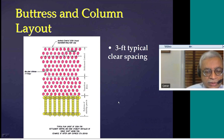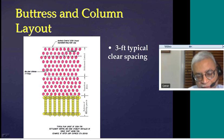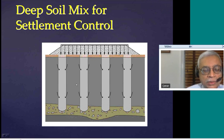So in the Route 1 interchange, again, we had 3-foot typical spacing of these columns, and at the bottom you'll see that's where the buttress, in yellow, is being placed. And essentially the way the control is, I see that